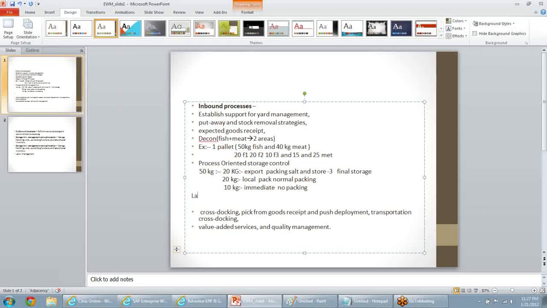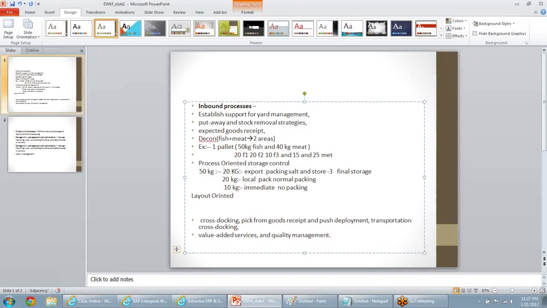Apart from that, it has to support layout-oriented control also. Assume I have two places in my warehouse. From place 1, I want to move the goods to place 2, but I cannot always move the goods directly from place 1 to place 2. From place 1 it has to go to a place X, and only from there can the goods go to place 2. So these kinds of operations also have to be supported. Why? Because I want to move goods from bin 1 to bin 2, but from here I cannot reach bin 2 directly. It has to go to the conveyor: from here to the conveyor place, and from the conveyor place to bin 2.